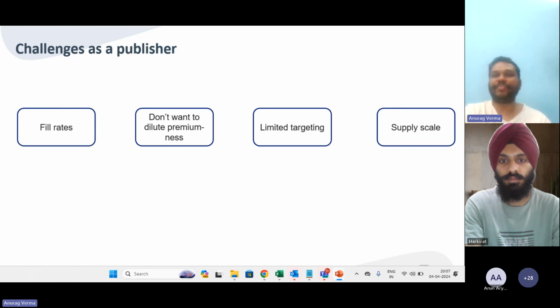There's probably some limited space for showing some banner ads. You cannot show video ads on your platform. You don't have any space, even though video ads are far more premium and will attract a lot more money compared to simple banner ads. But you just don't have space. So fill rate is one end of the spectrum, where a publisher has a lot of space but doesn't get enough advertising demand. On the other end of the spectrum are players who want to monetize,